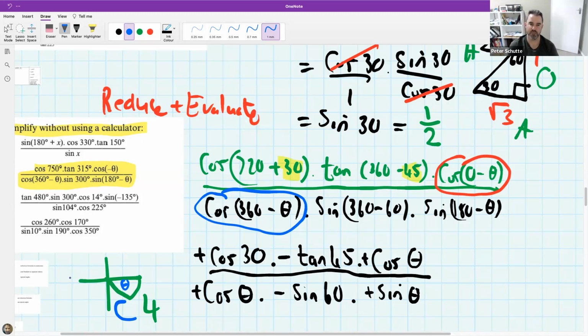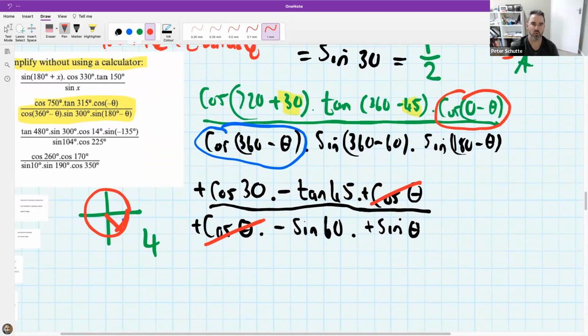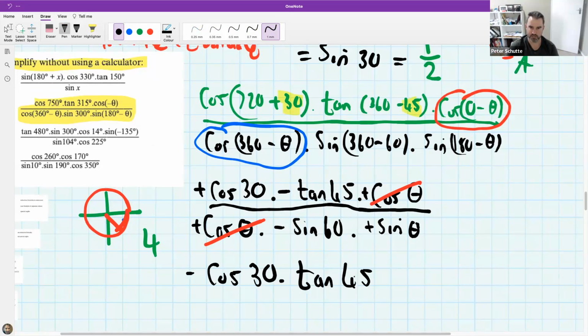Whereas if we say 360 minus theta, we're also going to end up in quadrant 4. So 360 would be all the way around, but minus theta means come back this direction. And that's why this one is positive cos theta. And because the top and bottom are the same, we can actually just cancel those two out. So we're now left with trying to simplify, or we can even put the negative in front. So we go negative cos 30 times tan 45